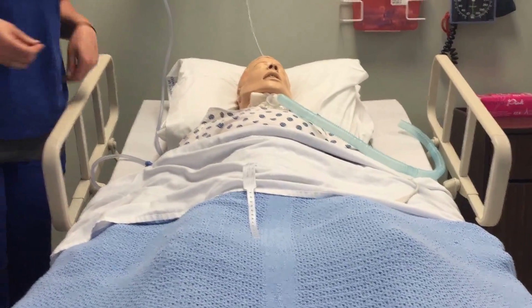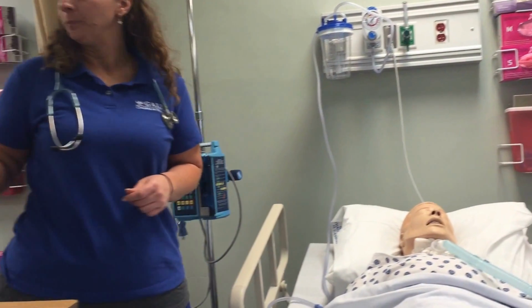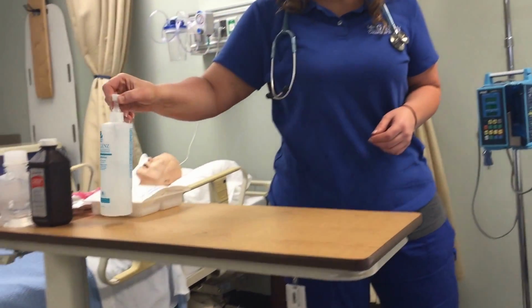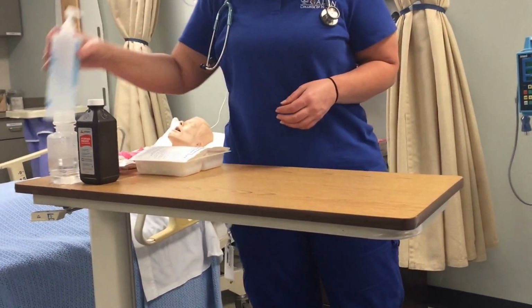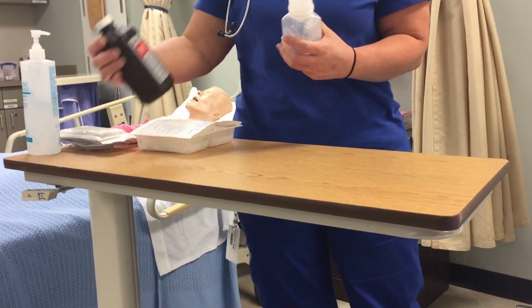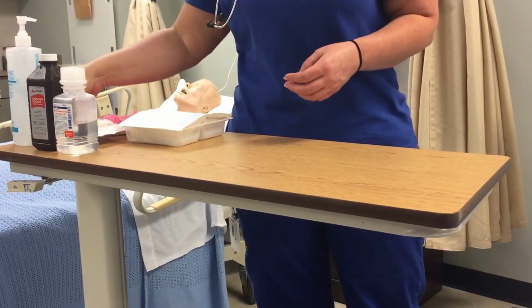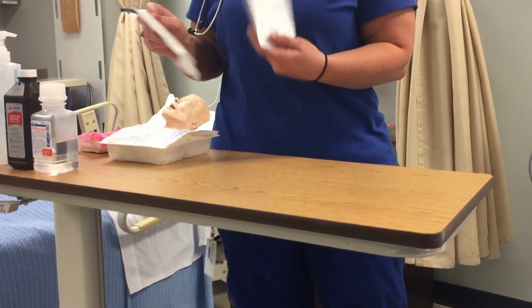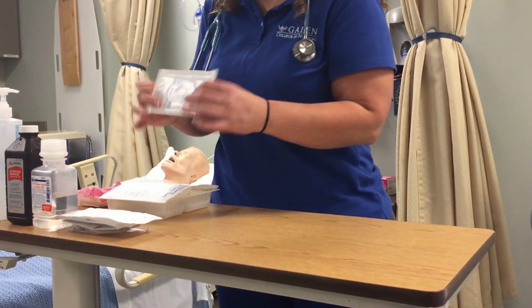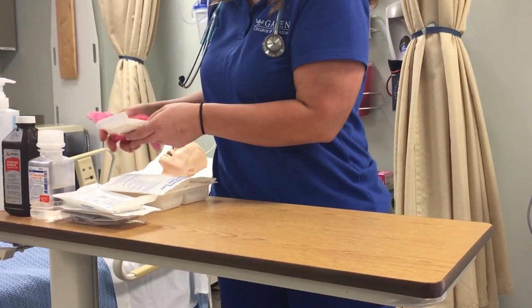I'm going to be demonstrating trach suctioning and trach care. I'm going to make sure I have all my supplies ready before I come into the room, or make sure I have my supplies when I come in the room. I'm going to have my hydrogen peroxide, my normal saline, my suctioning catheter kit or tray, sterile gloves for that,